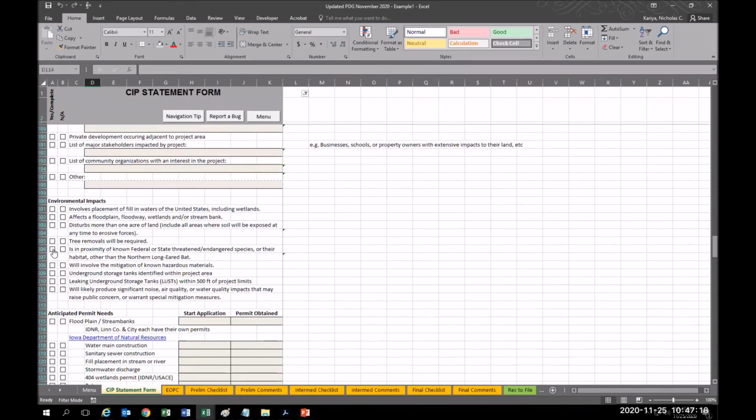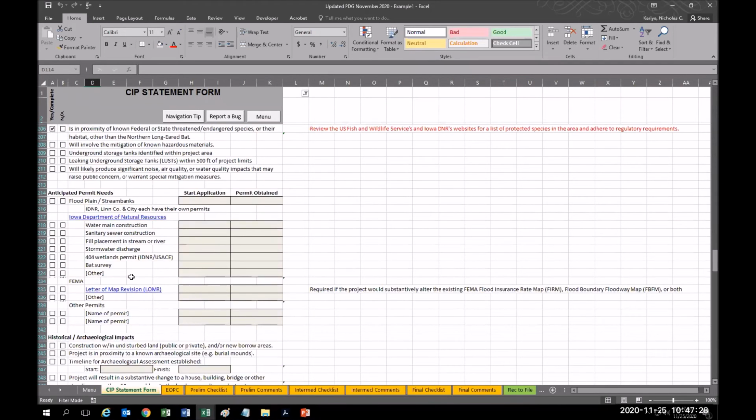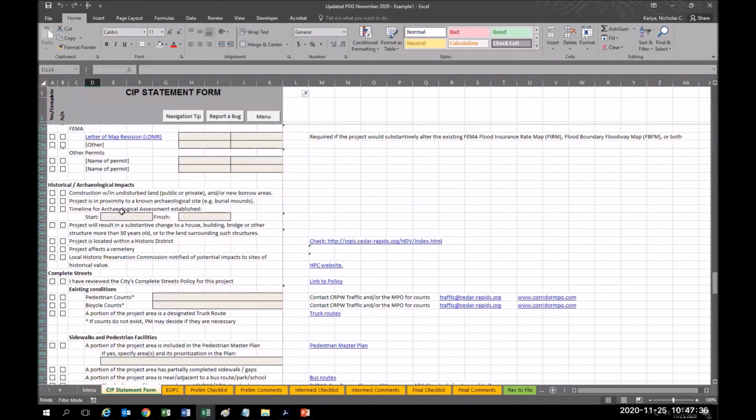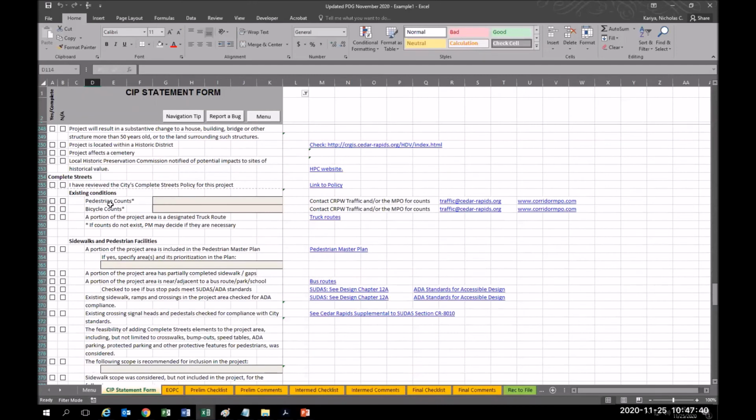Think of what environmental impacts you're going to have with this project and choose the applicable ones. Some of these will give you a prompting. So if you know there's an endangered species that lives in this area, that might add extra steps for you. Try to plan out what permits that you might need and what the timeline that you'll need to get those approved. If there's any historical aspects to the project,